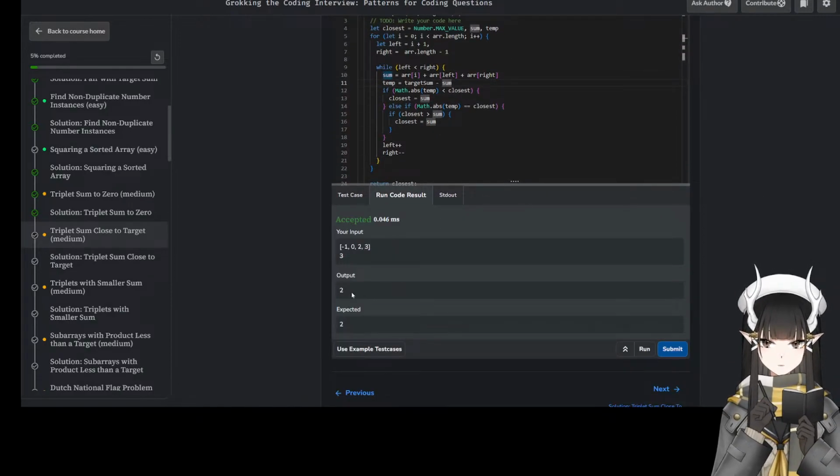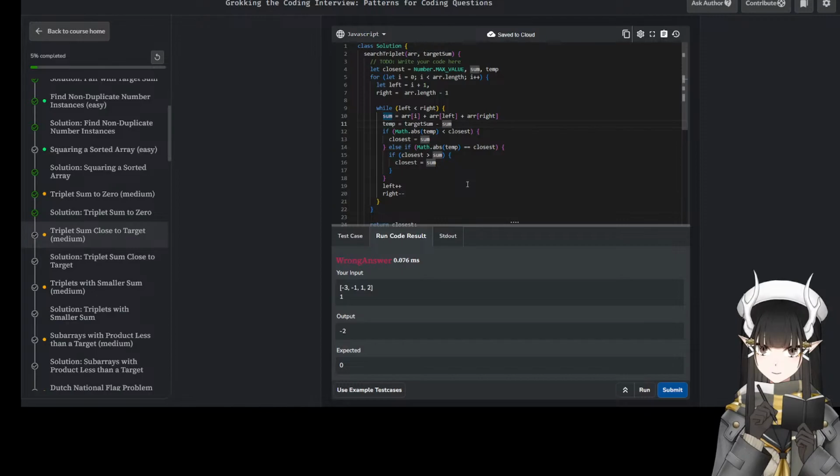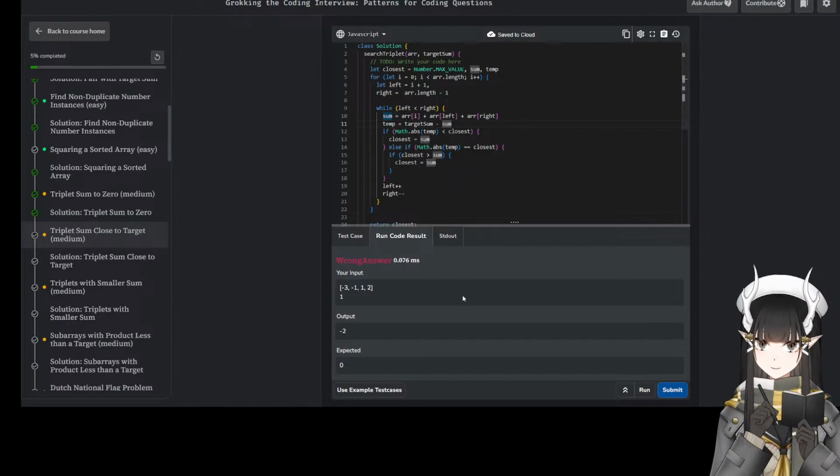So if I run this again, this should be the same. I run this again. -2. We expect 0.